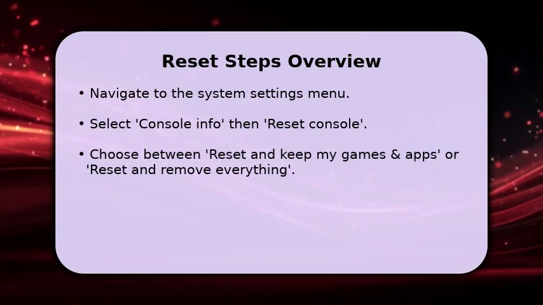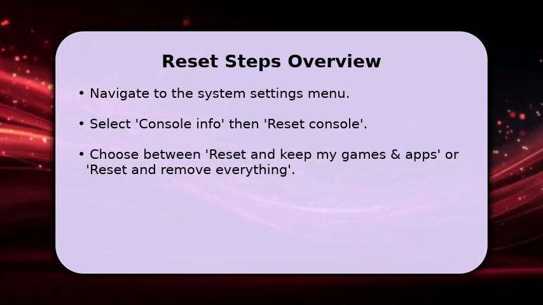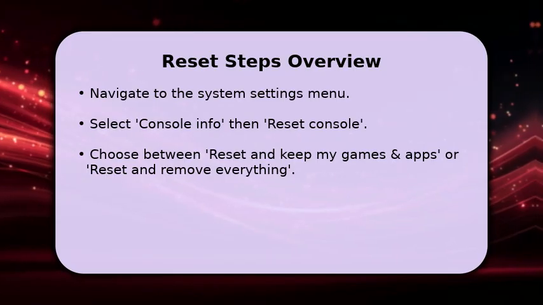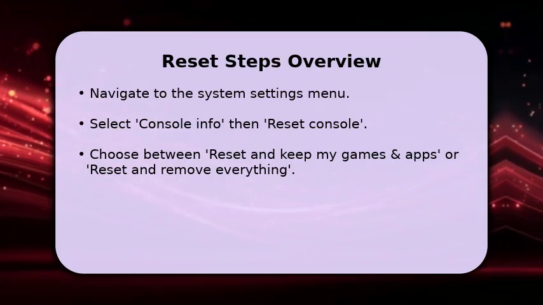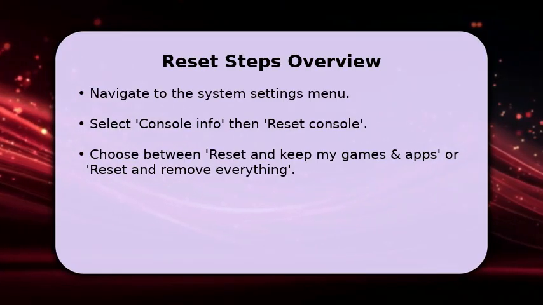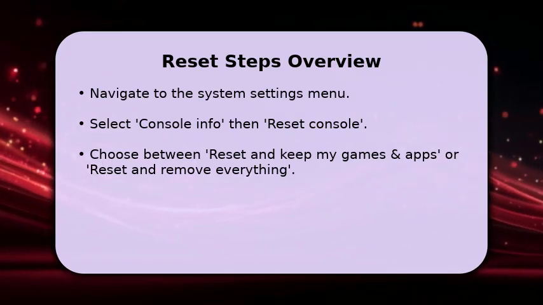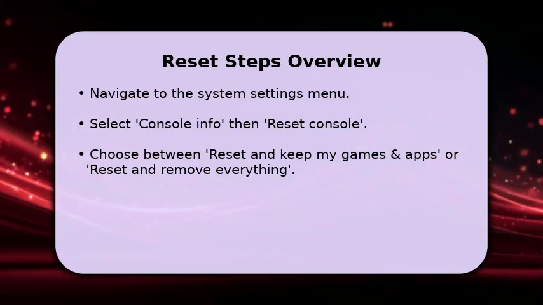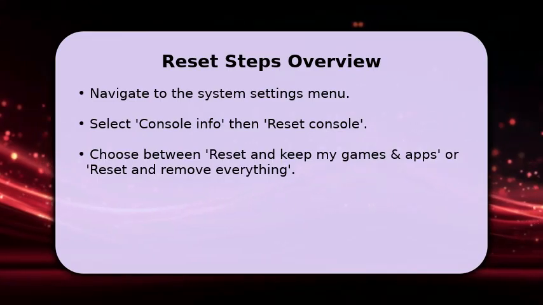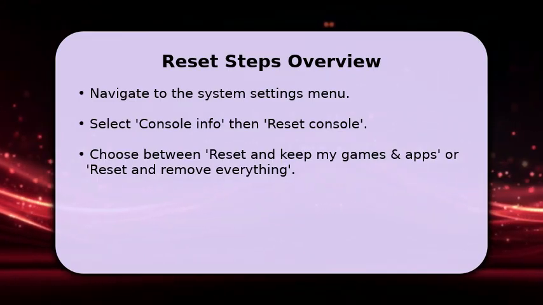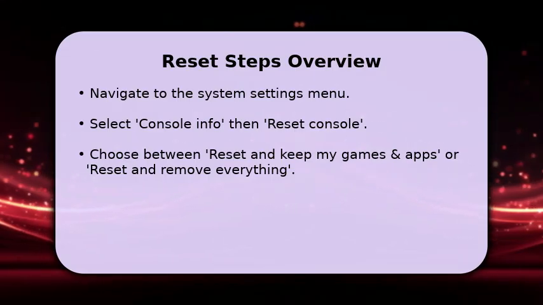To begin either reset, go to your Xbox settings menu, then select System, and finally Console Info. From there, choose Reset Console. You'll then be presented with two options: Reset and keep my games and apps, or Reset and remove everything. Select the option that best suits your needs, and your Xbox will begin the reset process, which may take several